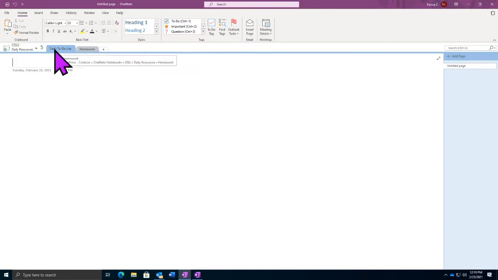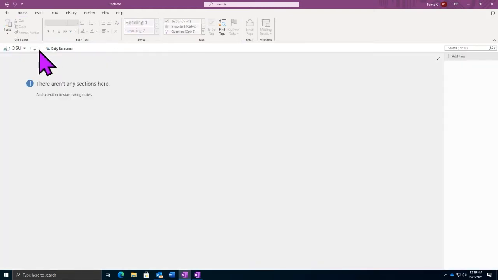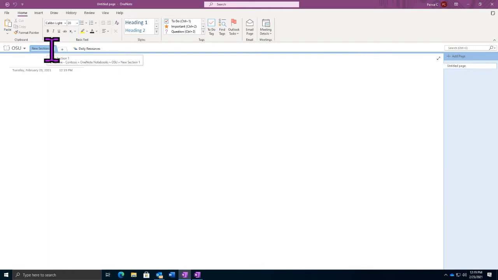We'll be able to organize our sections into broader topics, and we can navigate back to our main menu by using the arrow here. We can always select our sections to begin interacting with them or expand them by selecting the plus option to add more.